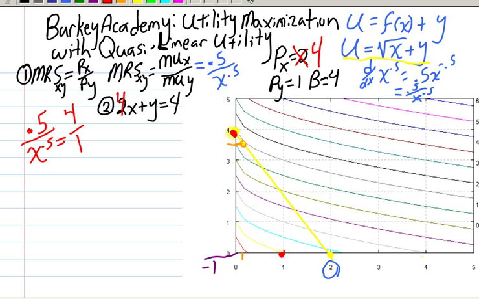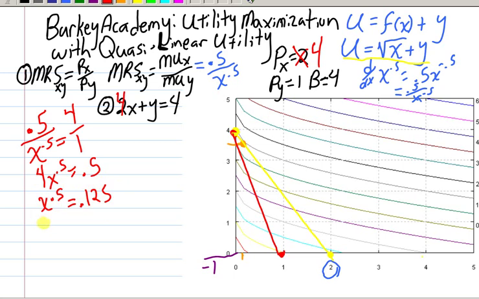Let's see what happens in this case. Now looking at the math, I don't think we're going to get a corner solution here. But let's see what happens. Solve this for x. Well, we're going to get 4x to the 0.5 equals 0.5. Divide both sides by 4, and we're going to get x to the 0.5 equals 0.5 over 4, or 0.125, and then square both sides here, and we're still going to end up with consuming a positive amount of